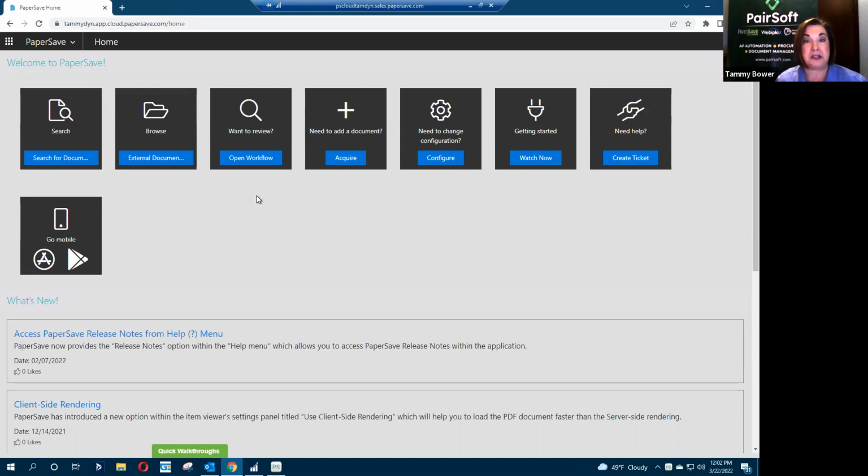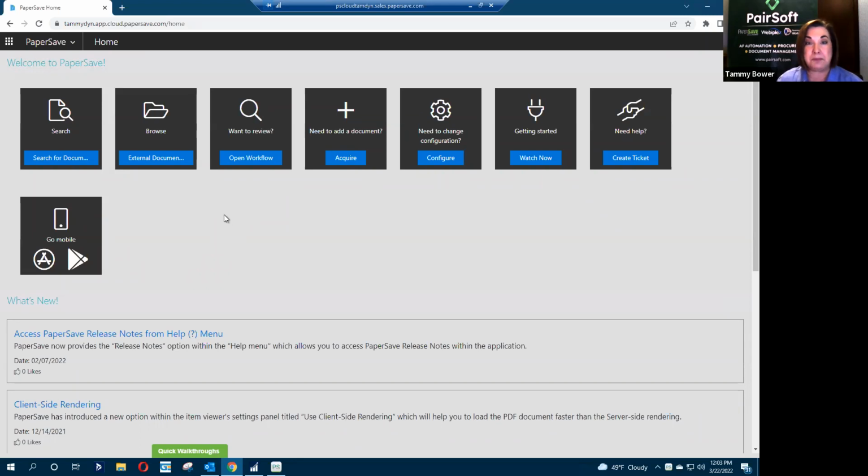Some of you on the line might be using a piece of PaperSave called auto entry, where somebody's manually adding data into fields in a workflow. And then at the end, accounting doesn't have to do that data entry. They just hit a button. Well, OCR actually removes the need for somebody to do that manual data entry. And so we're going to start capturing some documents and you're going to see them come across into my workflow and what the OCR captures and what it doesn't capture and what can be modified and what can't be modified and all of that good stuff.